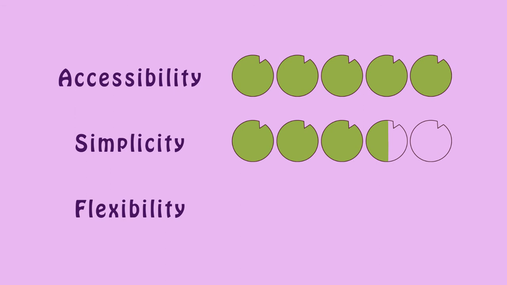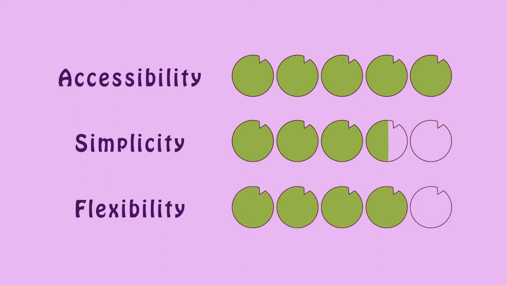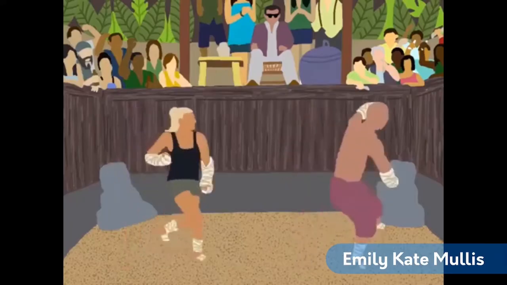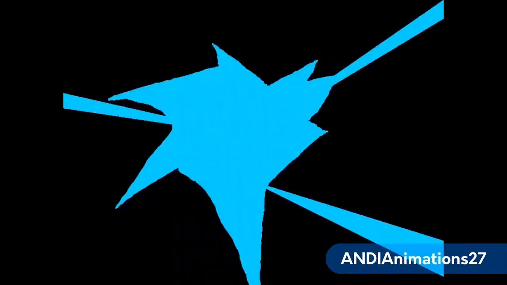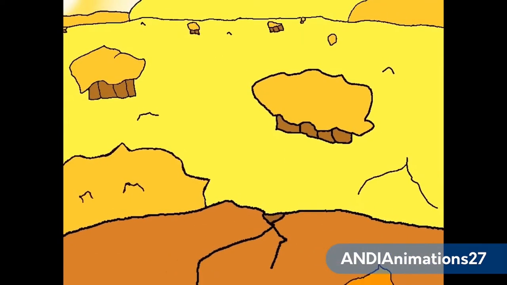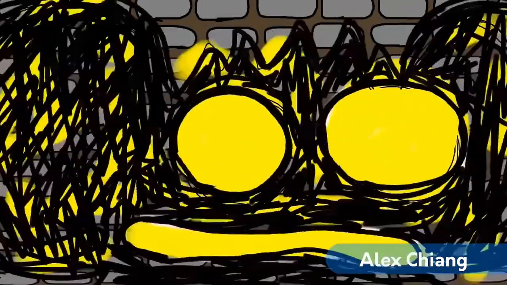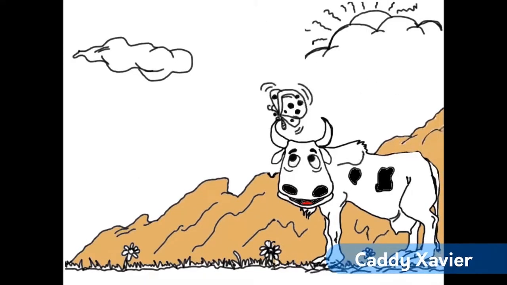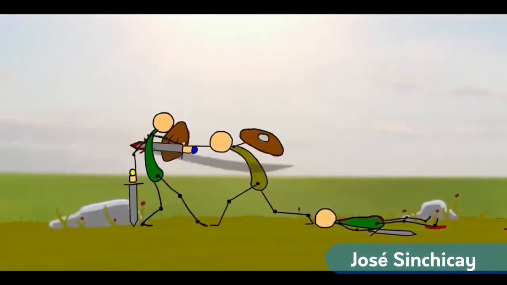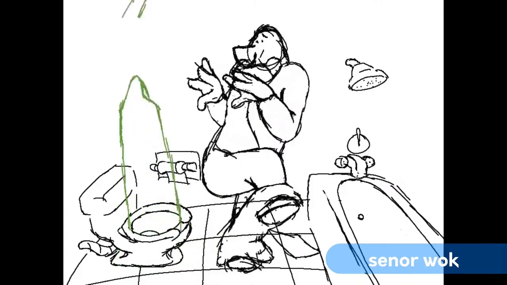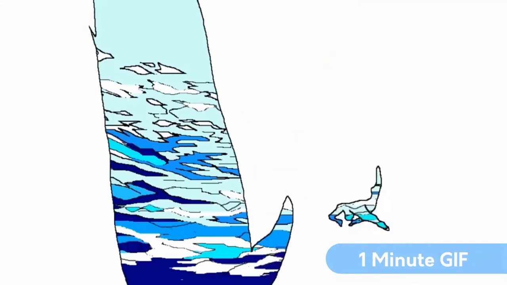Flexibility to different styles, I give it a 4 out of 5, because you could do a lot with it. You can import textures, and because it's 2D, everybody has their own drawing style, so definitely it could be different. If you want a more 3D look, I'm not sure how well you can draw with this, because the smudge tool is also a little weird. So if you want to do a lot of realistic shading, not sure how successful that will be, but it's still a really good software.